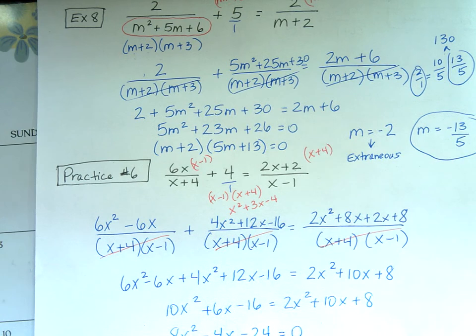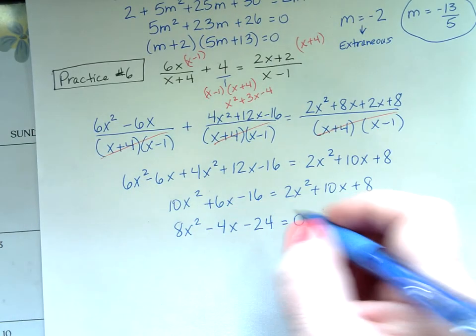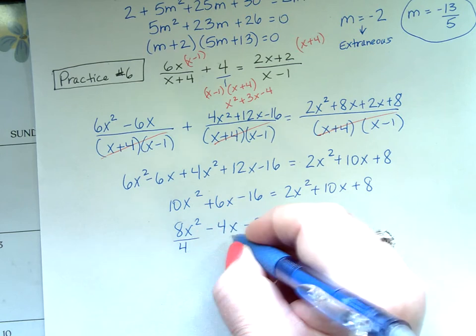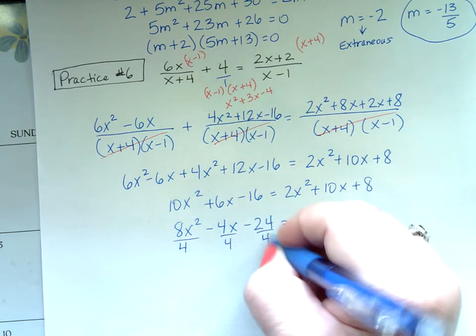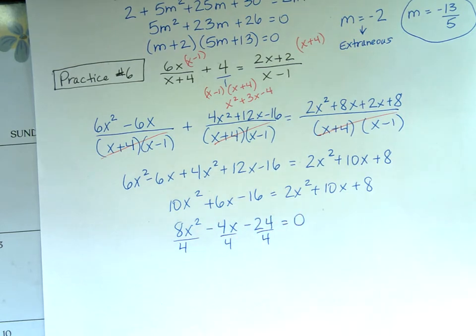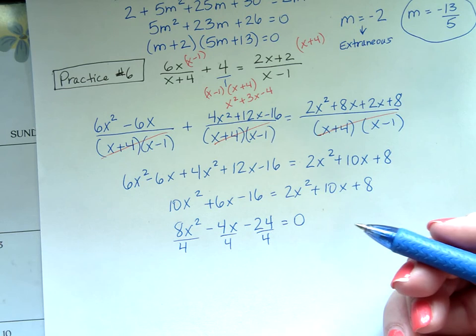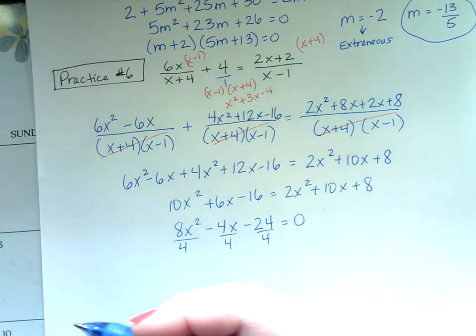And if I look at this, everybody's divisible by 4. So if I divide everybody by 4, that's going to help me to be able to factor this better. The other thing you could do is factor out a 4. Same idea. If you factor out a 4, you're going to have the 4 on the outside of the parentheses. When you set 4 equal to 0, it can't happen, so it just gets